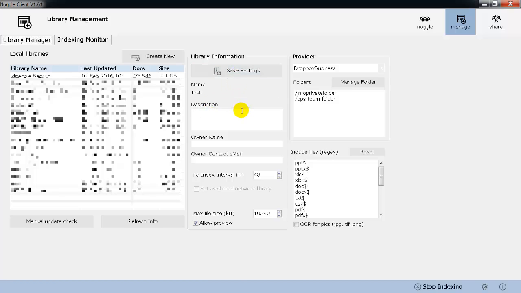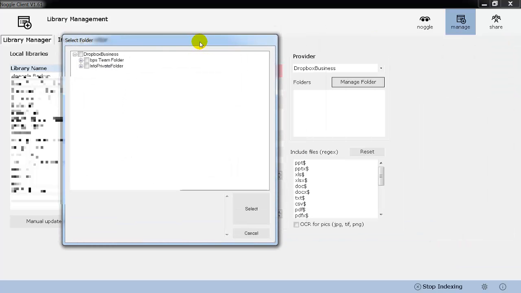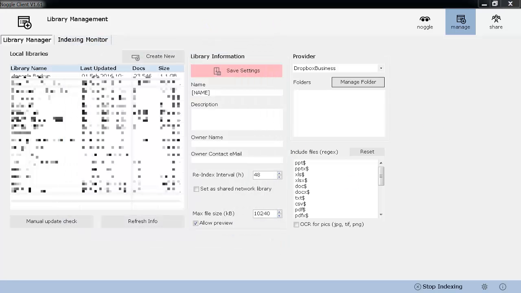So once the admin has authorized your client, in each new test procedure, if you then create new libraries and manage folders, Noggle remembers the settings. So the authorization procedure only needs to be done once. So you've seen, if I repeat now the procedure to add new libraries, it will work without the authorization procedure because this was done once. So after we have linked our application with the account,